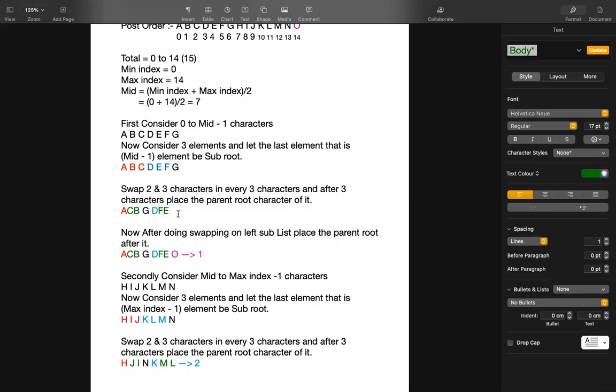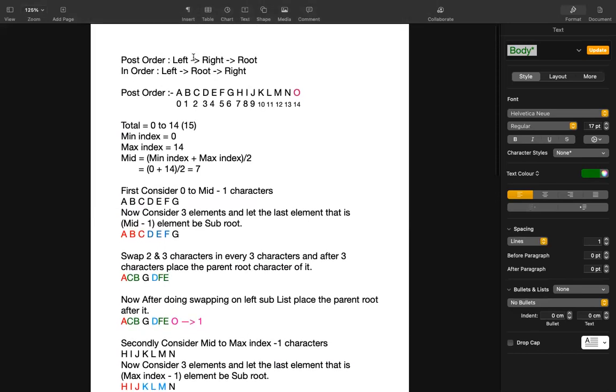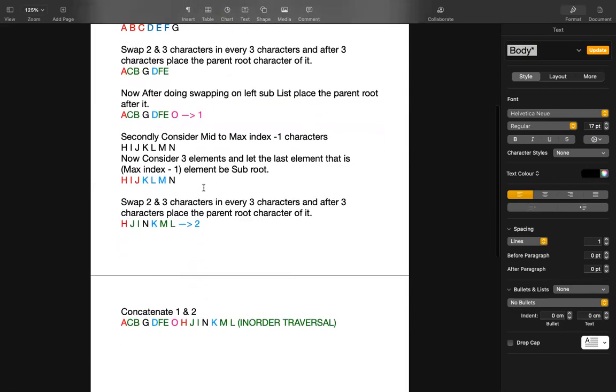Why are we swapping the last 2 elements? In the post-order traversal there is right and then root, but in the in-order traversal there is root, then right. If we swap the right and root in the post-order, we get in-order, so I am swapping those elements.